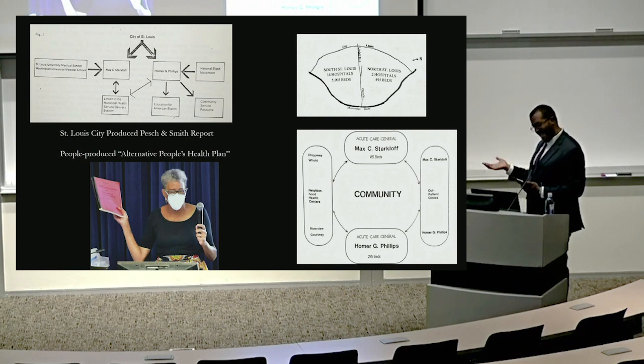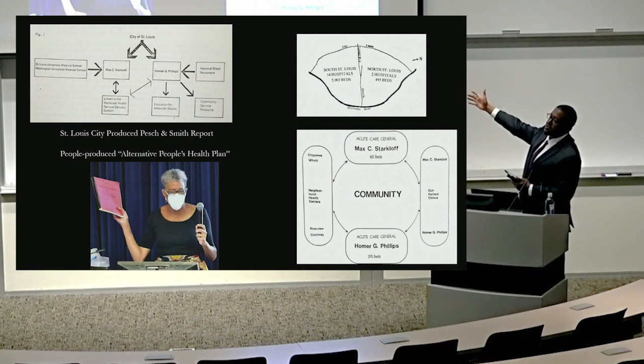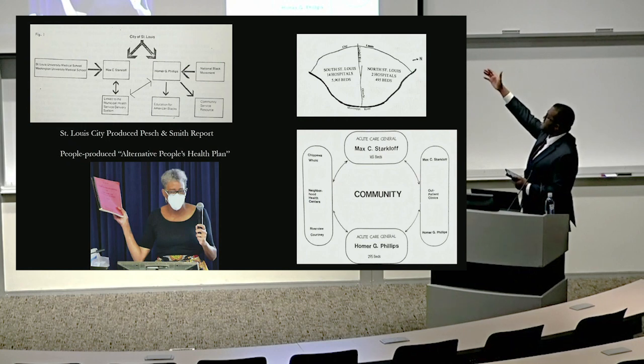But again, activists are learning the process, and they're adopting the process and responding, right? So as the city of St. Louis was engaged in its own consultant-driven reports, the ad hoc committee to save Homer G. Phillips and all public hospitals, that later transitions to become the Campaign for Human Dignity, produces its own alternative people's health plan. And here you have just two images